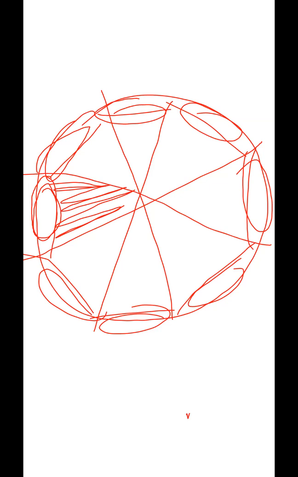Write the conclusion that the area which we get by adding the areas of all triangles is less than the area of the circle because small segments are left out, like this. Minor segments are left out. This is called a minor segment. Okay, sir, thank you. That the area which we get by adding the areas of the triangles is less than that of the circle because the small segments, the minor segments, are left out.